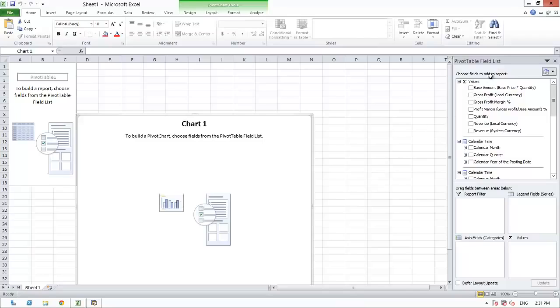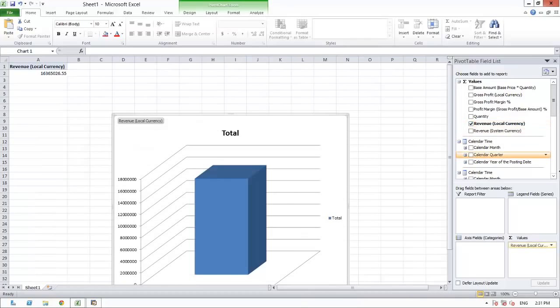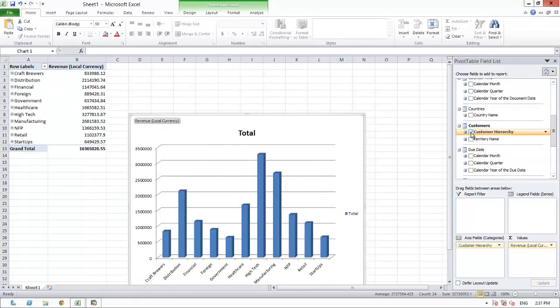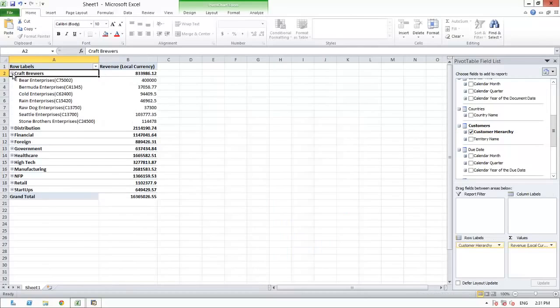Using the pivot table palette over on the right, he has access to multiple values like gross profit, quantity, and revenue, as well as multiple dimensions. The dimensions will be used to slice and dice the values. So he clicks Revenue, then scrolls down to find the customer hierarchy. This will show the revenue by customer group, and within each customer group, if he expands this, it'll show it